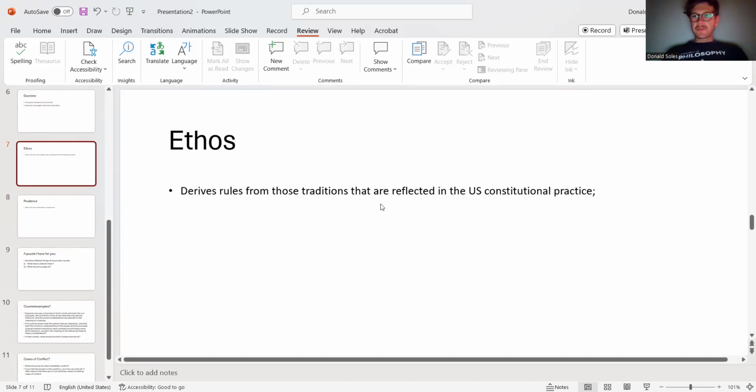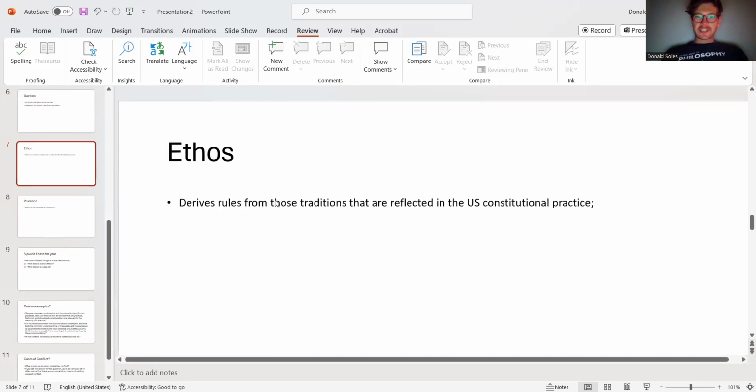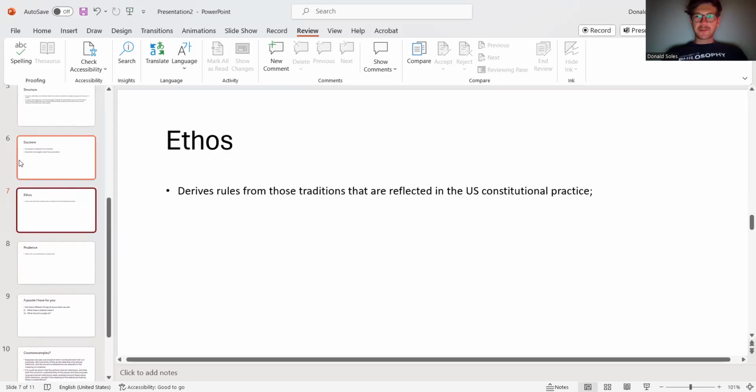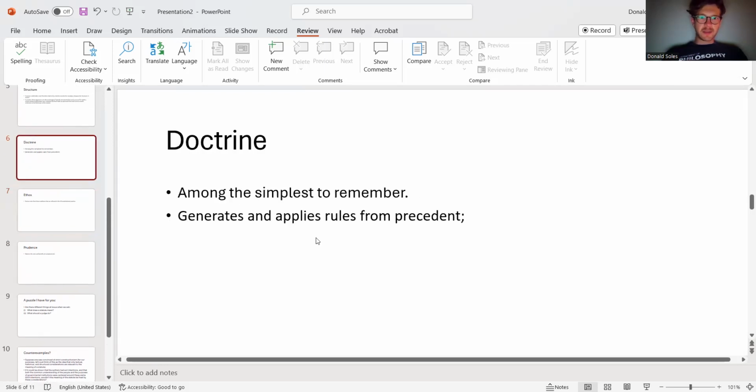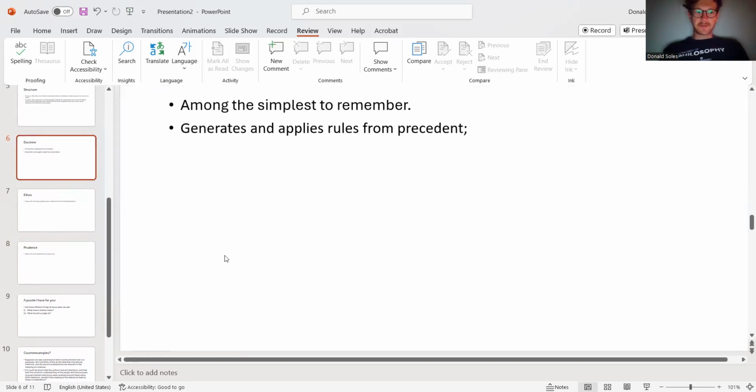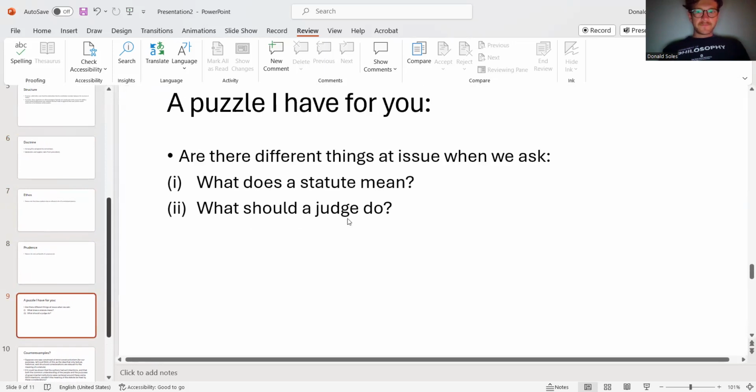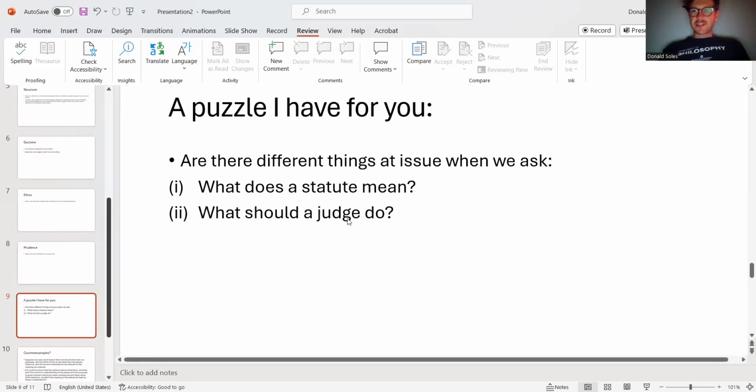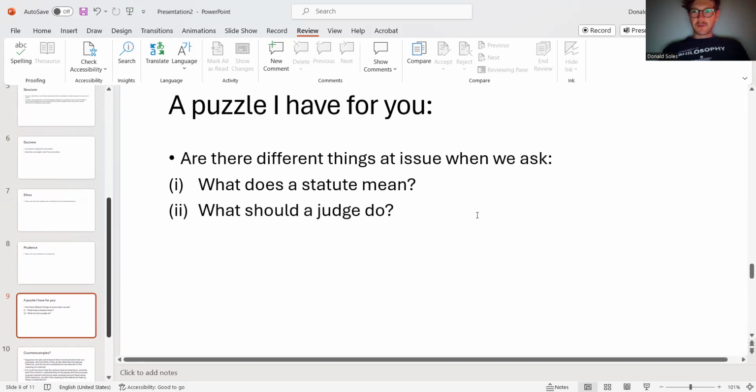Suppose, moreover, that these natural rights that are being discovered, they don't extend to a certain class of people or something like that. You can tell stories about how they wouldn't extend to those people. And lastly, suppose all of your pre-existing jurisprudence, all of your case law before this, supports the idea that you ought to do the evil thing. Are there separate questions at issue here? You might think, on one hand, well, of course the law just means this bad thing. Of course the law means this discriminatory, bad, evil thing.